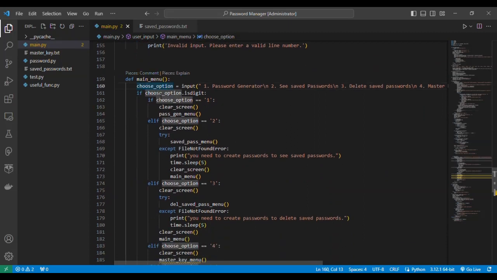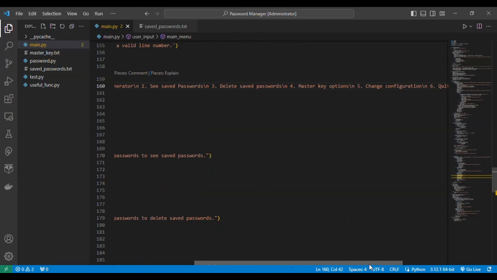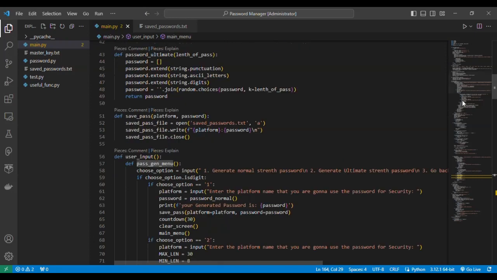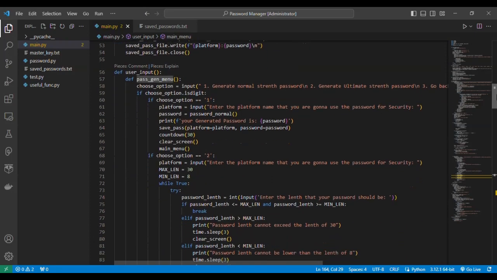So the main menu would be the first option to run, first function to run. And in this main menu, we have the password generator and all the various menus that one can go through. If this is the first option, that is password generator, then we will clear the screen and then go to password generator. We will go to password generator real quick. And password generator,